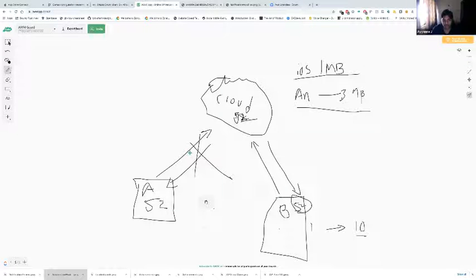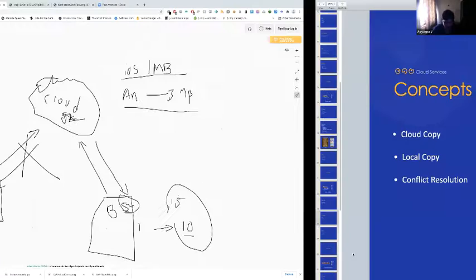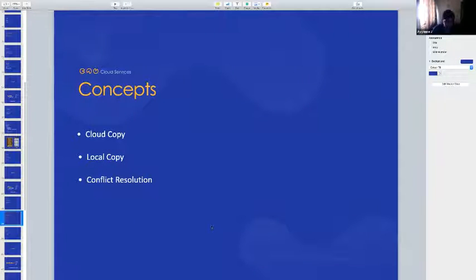Let's say in your cloud copy, I mean your cloud data, you'll be saving how much length the player is playing as well. Let's say the player session for reaching level 52 is 3 hours. Again, for reaching level 10, the player session is 15 minutes. Definitely, you can consider that as a factor to resolve the conflict, as losing 3 hours of content is much more problematic when compared to losing 15 minutes of content. So, at that point, you'll resolve it such that you'll consider the cloud copy and discard the local copy. So that's conflict resolution.